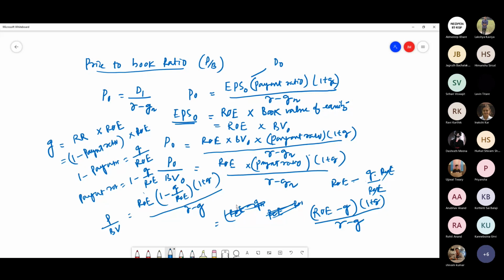But if there is some problem with the other fundamentals, then we have to take a careful look, and we cannot blindly say that this stock is undervalued. Why is this stock not performing in the market? What is the basic reason for that? We have to identify that, and then we can check whether this stock is a good candidate for investment or not. This is another interpretation, or investment strategy, we can make using the price to book ratio.